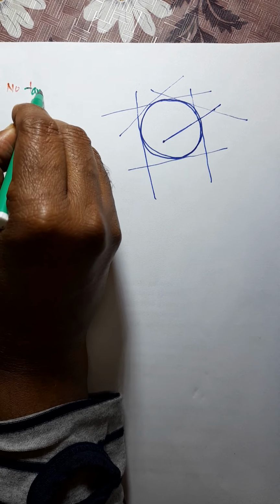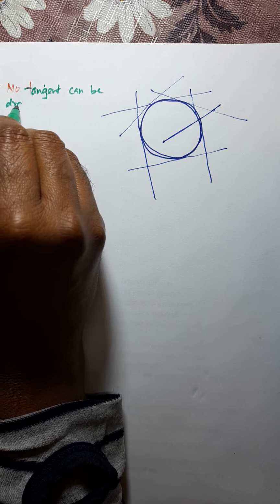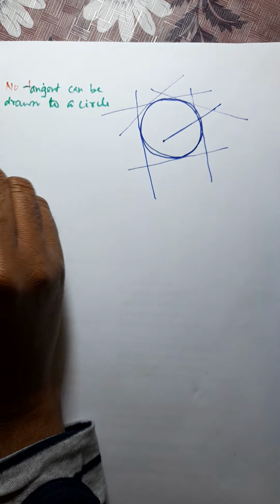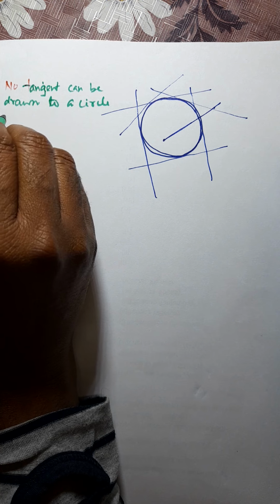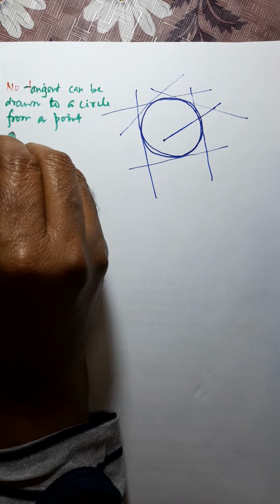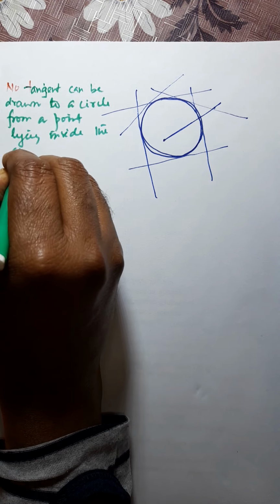So what we can say here, no tangent can be drawn to a circle from a point lying inside the circle. This is one point. Okay. Next point,